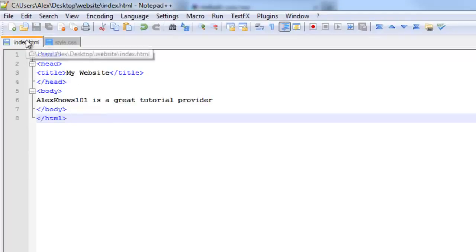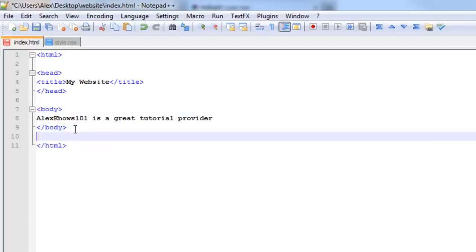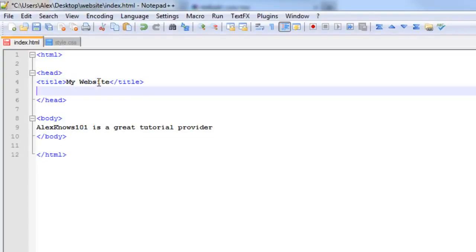Now we have this HTML file and this CSS file, but to use them together we're going to have to go into our head tags, and I'm just going to add some spaces here to make this easier to see. After this title, we're going to add a new line of code. This is probably going to be the most complex line of code we've used yet, but it's going to say bracket link, and then after that we want to write href, which is referencing where the CSS file is located. It's in the same folder, so we're just going to write style.css, which is the name of the file,